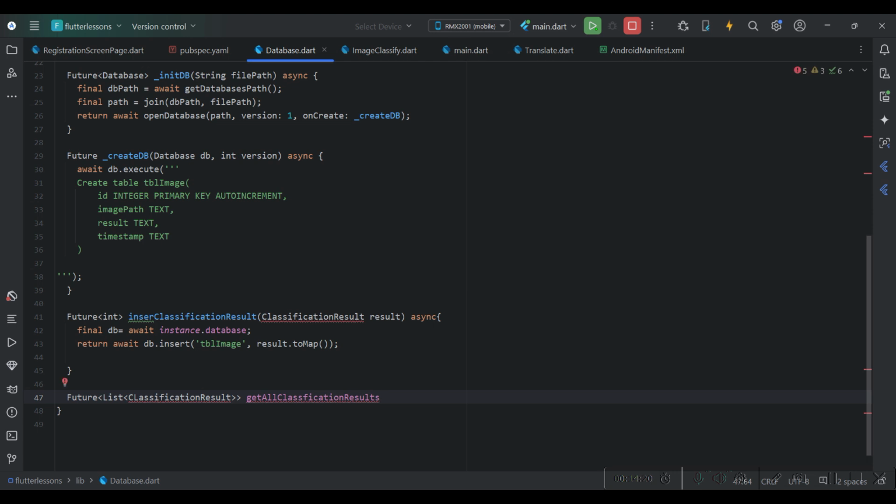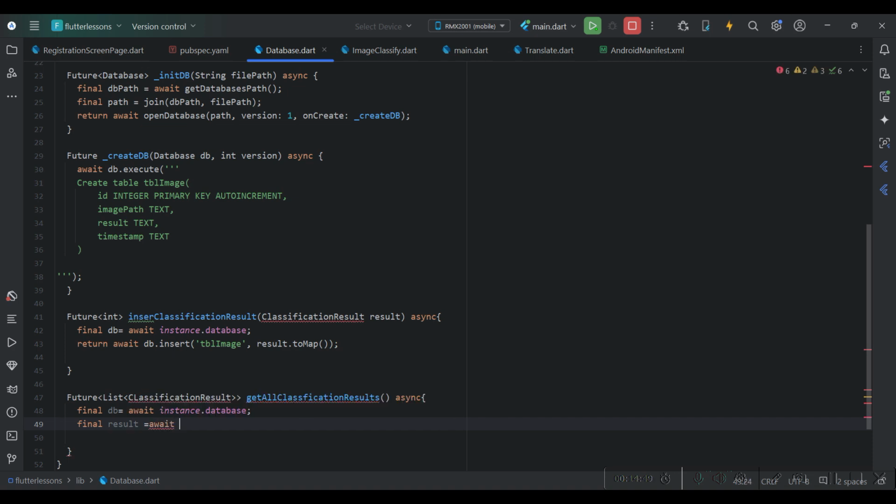We will see what exactly this classification result is, because there is a model we have to create for what data we get. Okay, async, and then close it here. Now, the final thing, we can use this line only, because we are also trying to get the data. Okay, and then we are going to use the final result equals to